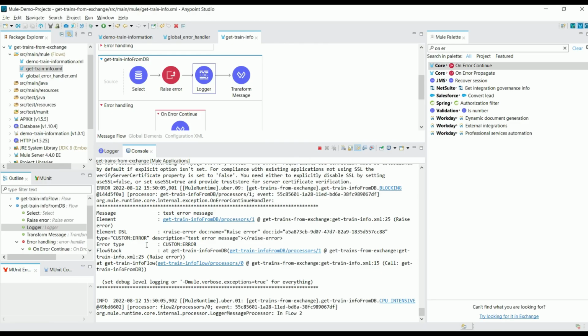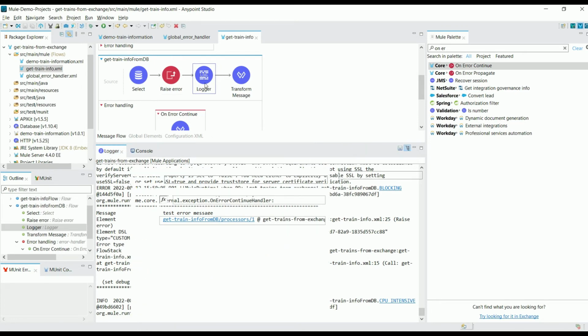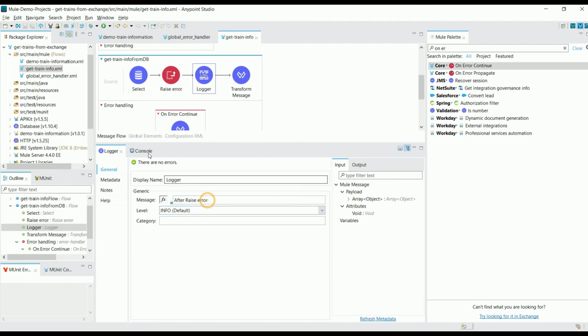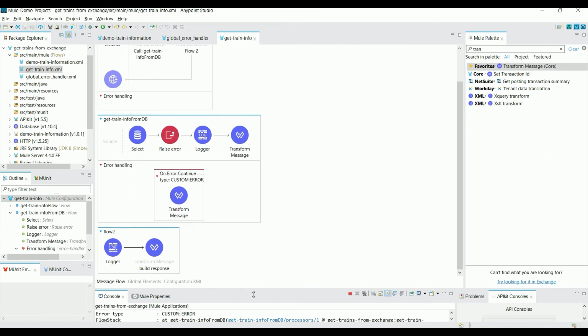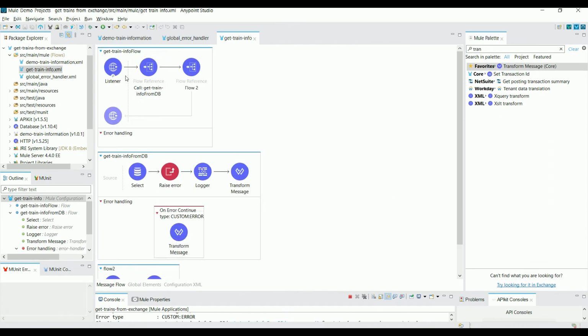We are getting the flow 2 success response. We can clearly see that we are getting the exception, and there is only flow 2 in the log message. We don't have the log after raise error, right? We have it in flow 2 only. That means